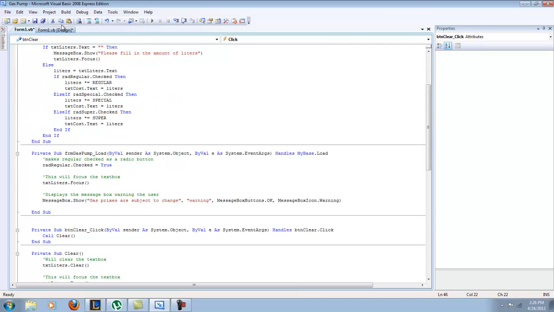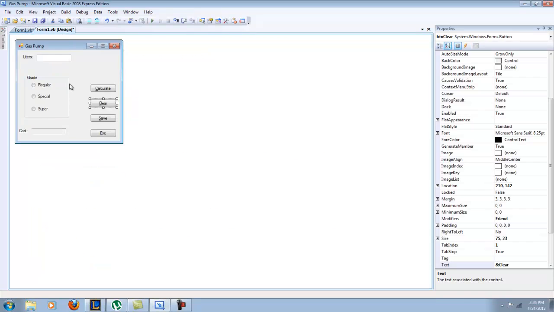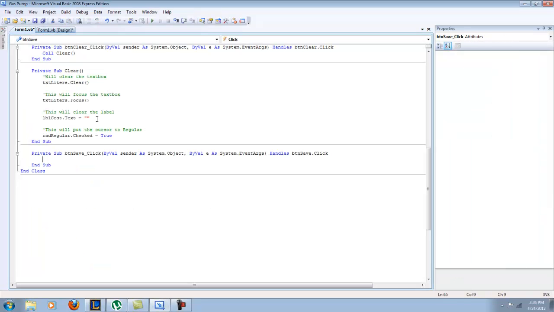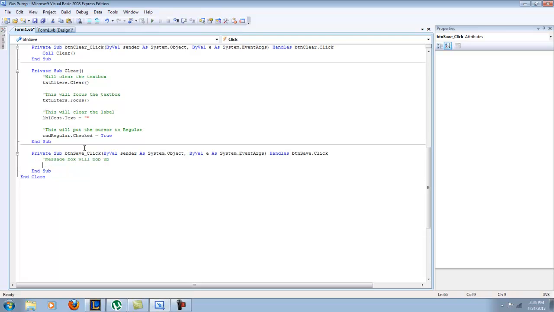And then, oops, what did I click? I clicked copy. And then for save, we'll just put that this feature's not available, so we'll just make it a pop-up box. So a message box will pop up. So let's put MessageBox.Show, and then we'll just put this feature